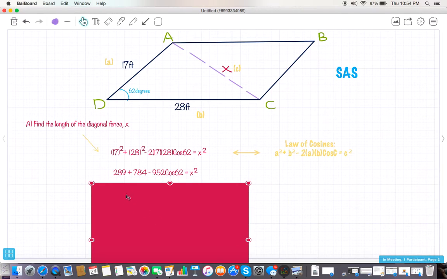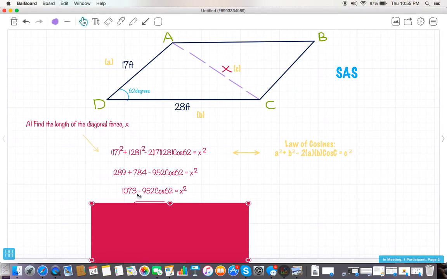Next step, we add those two numbers together and we get 1073 minus 952 cosine of 62 degrees equals x squared. We then multiply 952 times the cosine of 62, and with that quantity, we subtract that from the 1073 to see what x squared equals, and we see that it equals